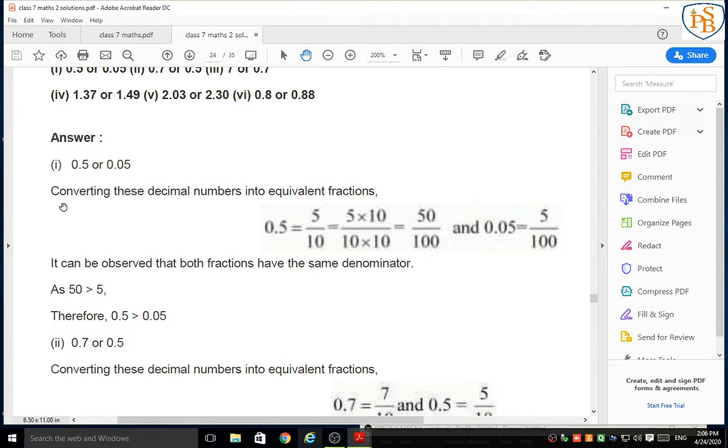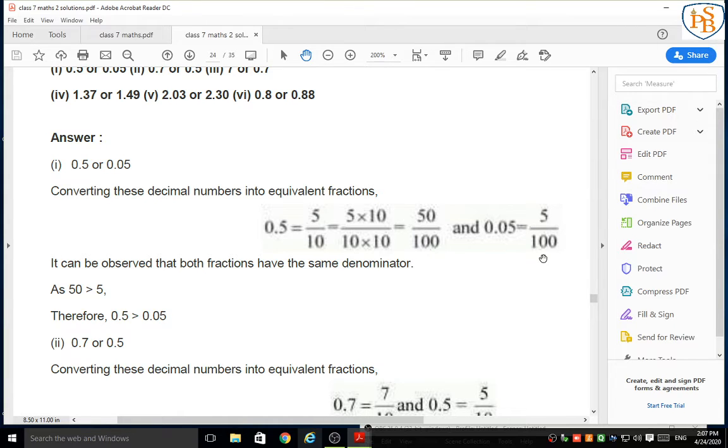Look at here carefully. Converting these decimal numbers into equivalent fractions. 0.5 we can write as 5 upon 10. The first number has only 1 digit after the point and the second number has 2 digits after the point. So 2 digits means that number is at the 100 place. So we have to equalize the denominator with 100. To get 100, we have to multiply this fraction by 10. So 5 into 10 upon 10 into 10. So it becomes 50 upon 100,